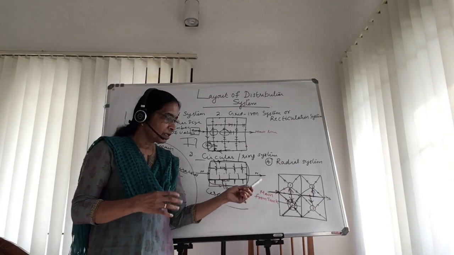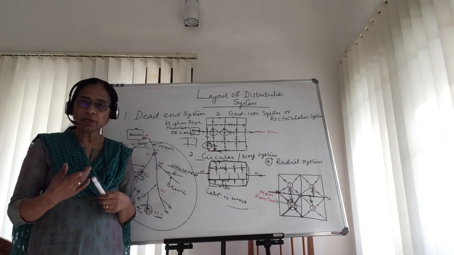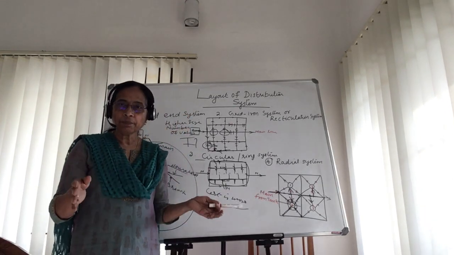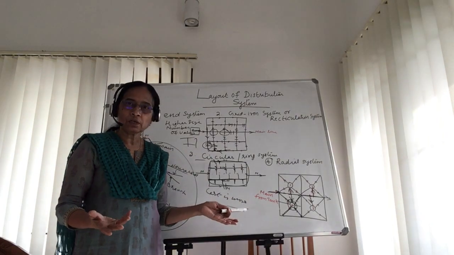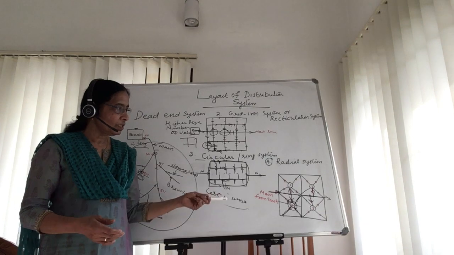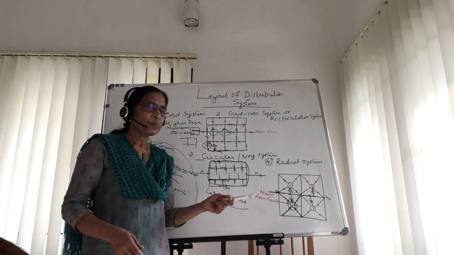That is a better option for many of the cities, as we can find in our practical sense. Here again the controlling or the maintenance is also easy, and whenever there is a breakdown in this particular lane, the other people are not affected, there is no disturbance for the other people, so you can have the supply continuously. So these are the advantages and disadvantages of the radial system.